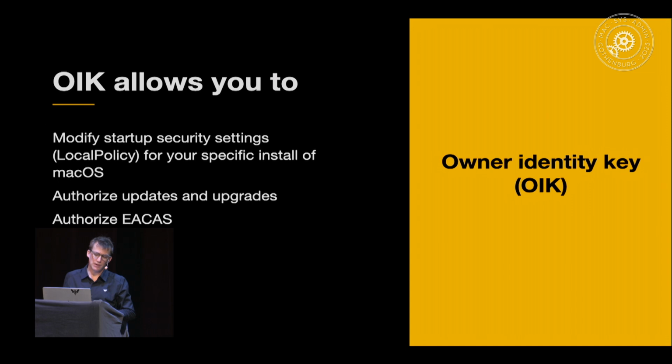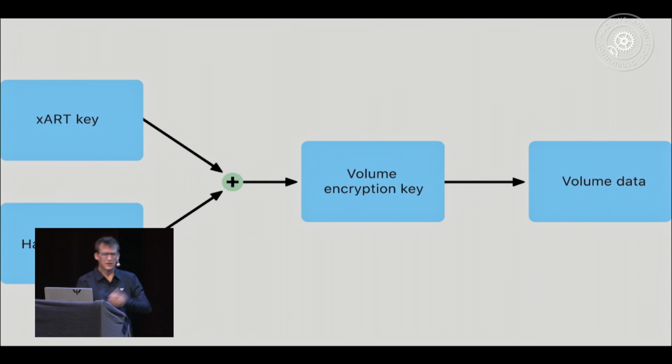It allows you to authorize updates and upgrades, authorize erase all content and settings when the MDM sends the erase command so that you get a Mac that's out of the box instead of a flashing question mark, and some other stuff as well. Coming back to that diagram with the VEK at the center,